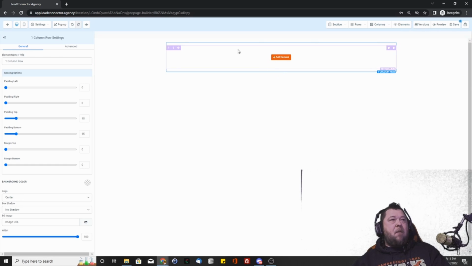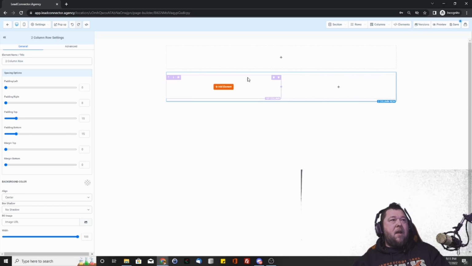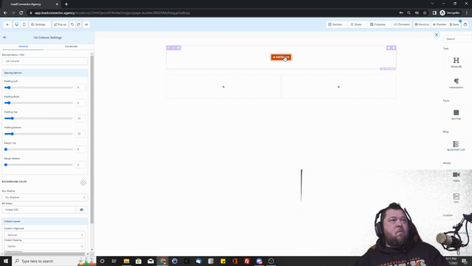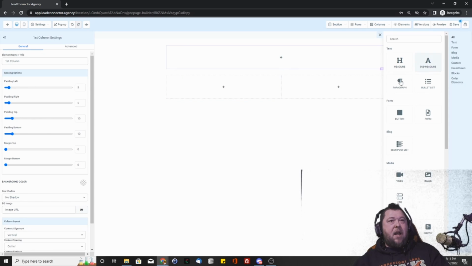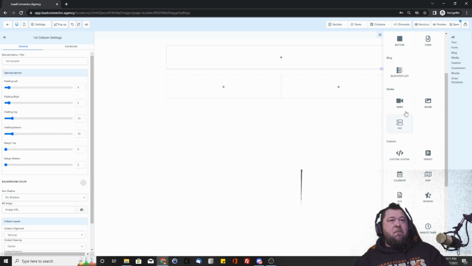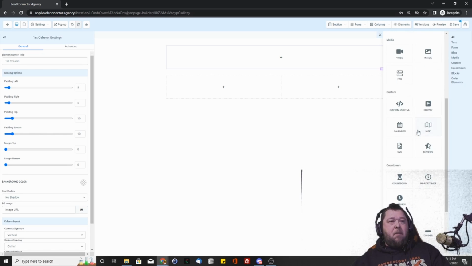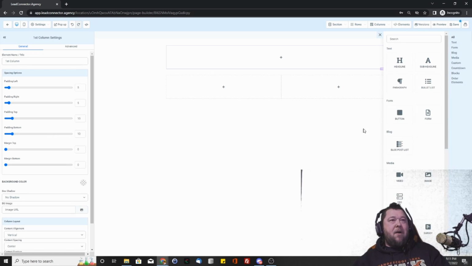We're going to go with a 1-column layout now just for simplicity, but we can add an additional column below that. You see 2 columns, so now you have a space here, and then below that you have a space side by side here and here. The next piece that we need to look at are elements. The elements are going to be things like your headline, subheadlines, paragraph, bullet list, adding a form, a list of blog posts, videos, images, basically all the little pieces and parts that make up